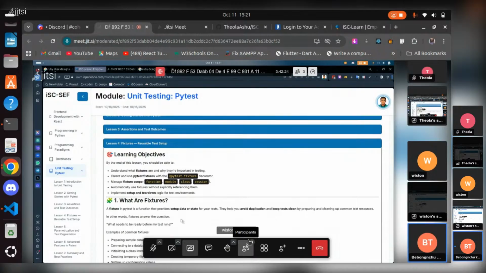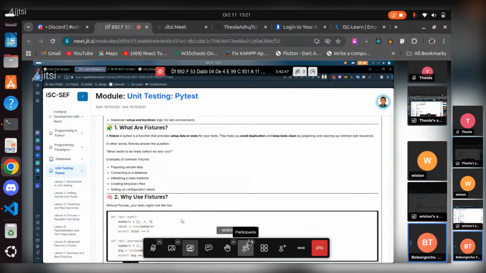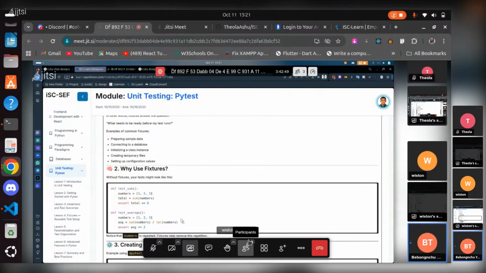In other words, fixtures answer the question, what needs to be ready before my test runs? Examples of common fixtures: preparing sample data, connecting to a database, initializing a class instance, creating temporary files,